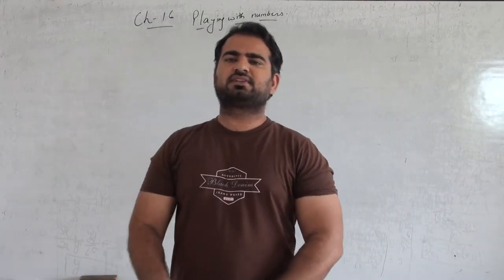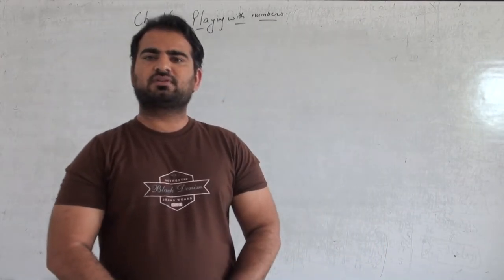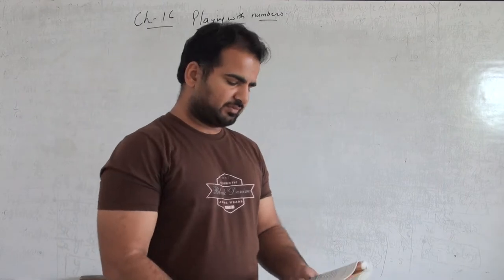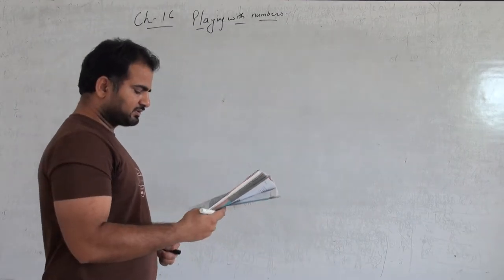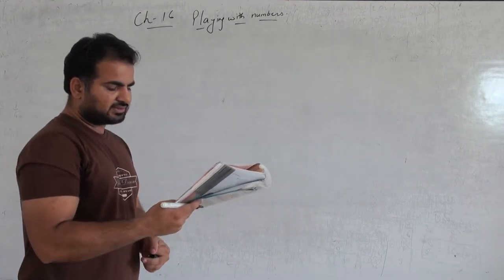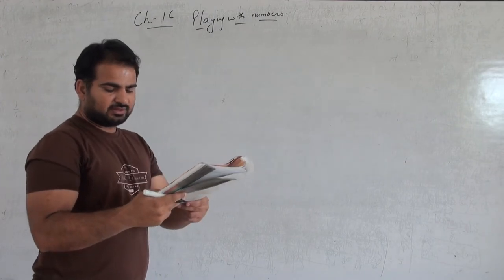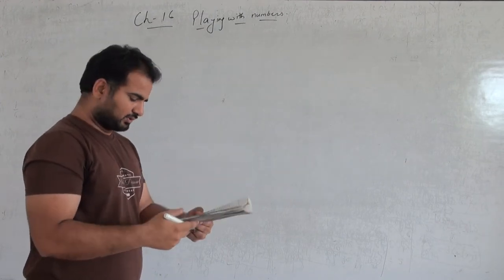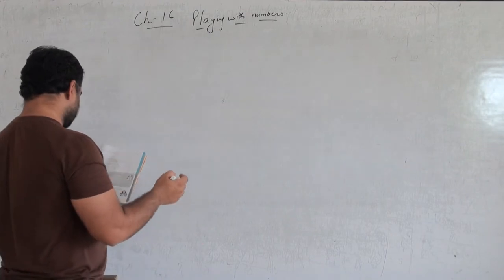Good time class. In this video we are going to solve exercise number 16.1. The first question is: find the value of the letters in each of the following and give reasons for the steps involved. So 3a plus 25,